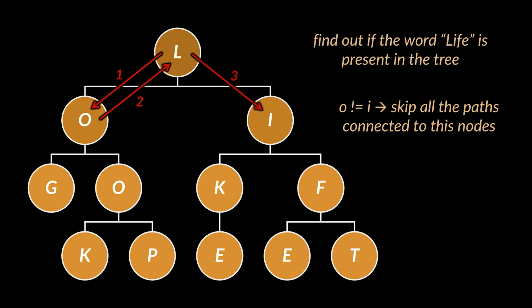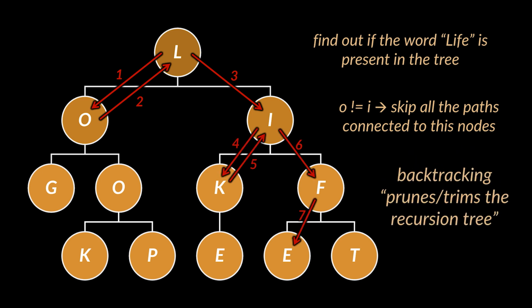We go back to the previous node or its parent node and take the next step, i.e. visit the right child of the root directly without having to go through all the left child's children. In the example we have, backtracking reduced the number of nodes visited to reach the result from 11 to 6, which is nearly half, and this is known as pruning the recursion tree, because we are not visiting unnecessary paths.